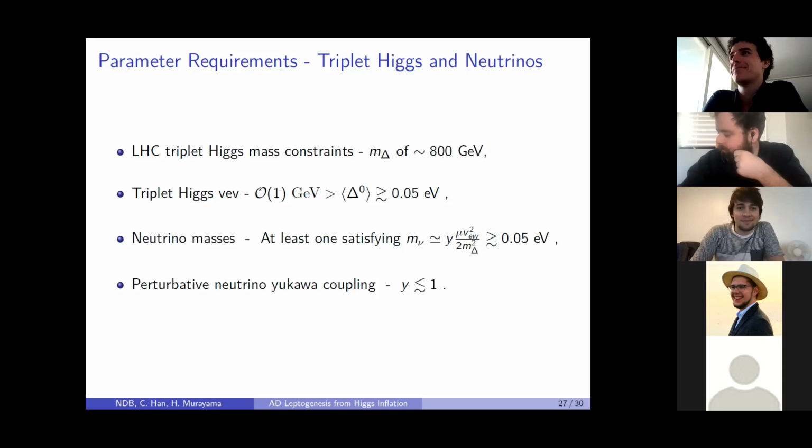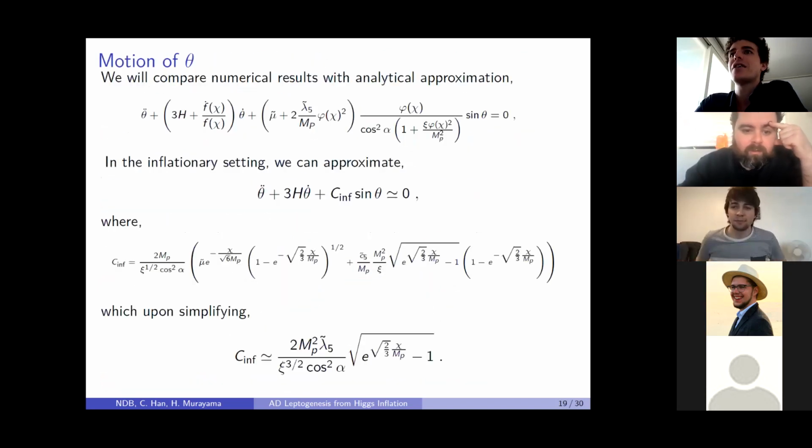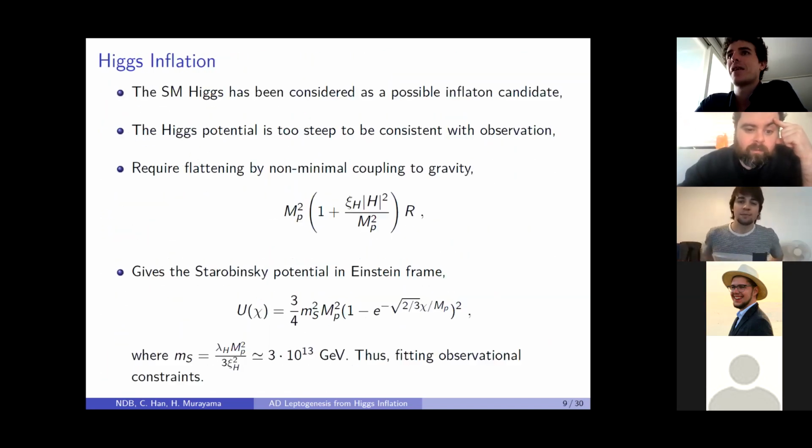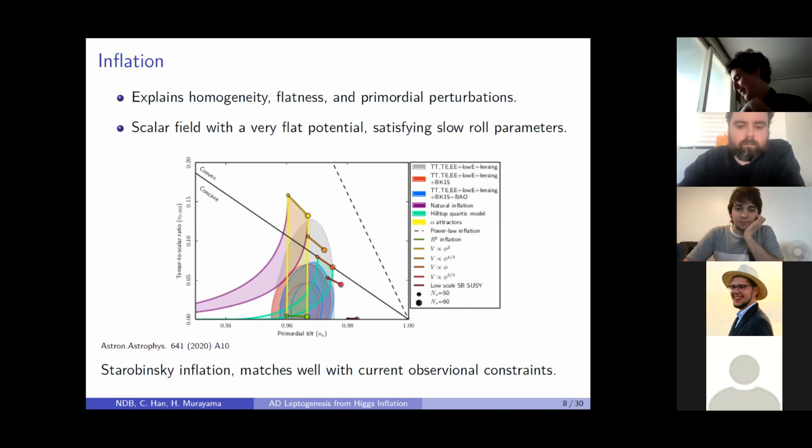One thing I missed, a minor point, was the number of e-folds of inflation. You're generally consistent with just Starobinsky predictions, but there was a range in the plot you showed earlier. Oh yeah, so this range, I think it's 50 and 60 e-folds. So you have this 50 or 60 e-folds, which then puts a constraint on your chi-naught, which I think I've got the paper here. I don't know if you can see it on my camera.